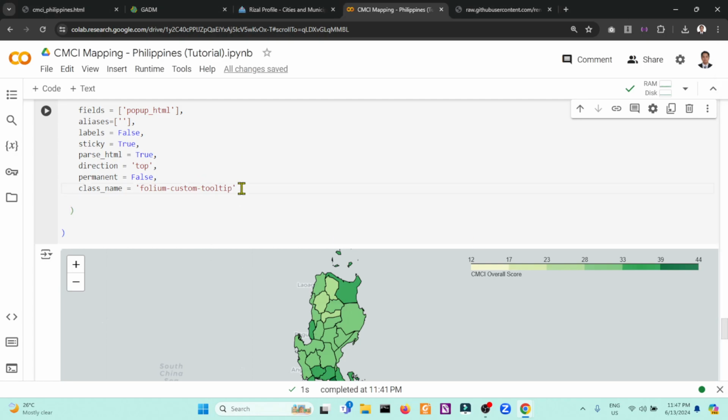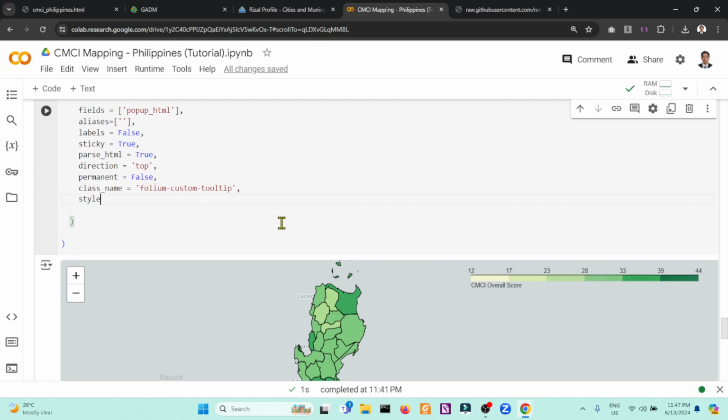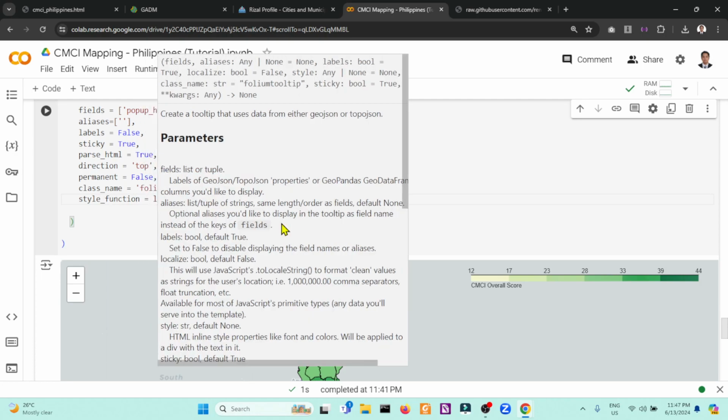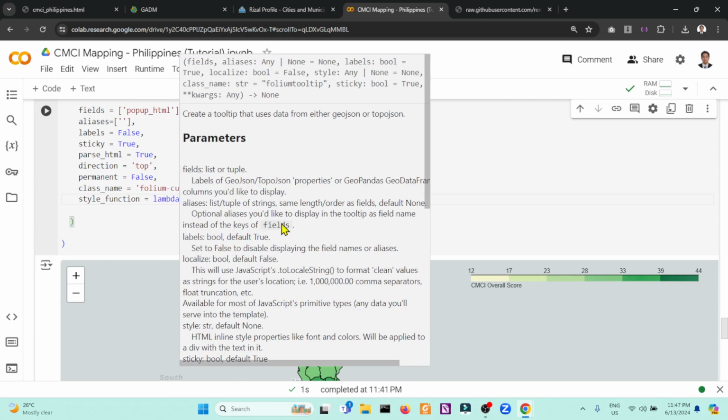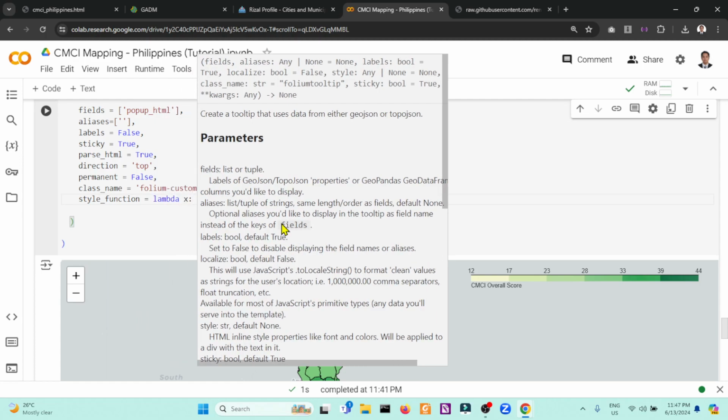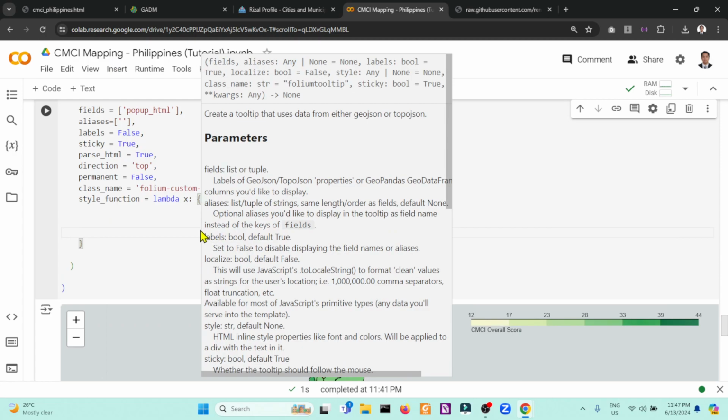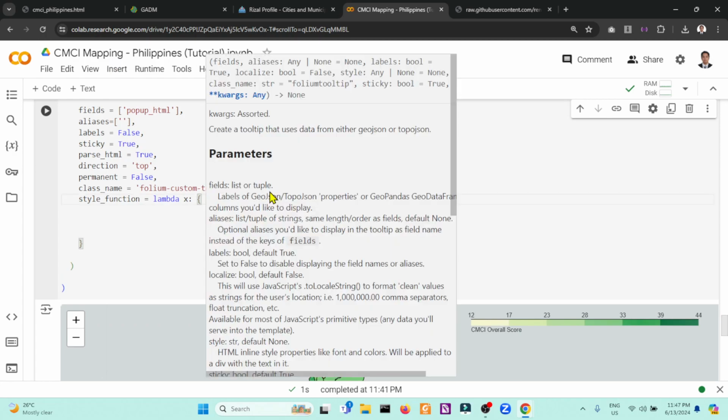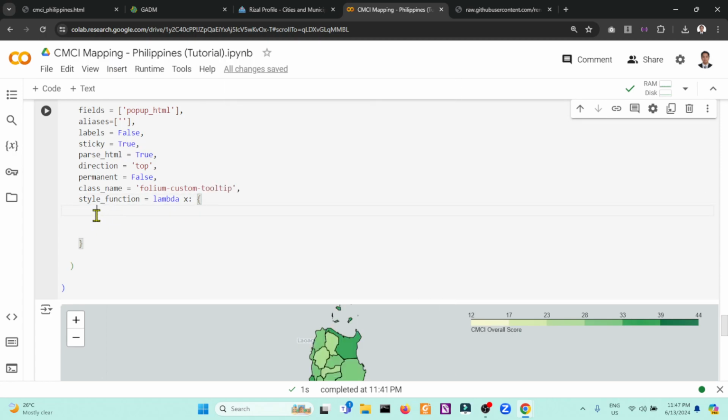Then if you want to create a specific style, you can define a style function, style underscore function, which is equivalent to lambda. Lambda is equivalent, if you're familiar with JavaScript, to an anonymous function. So lambda, we'll define a variable x.